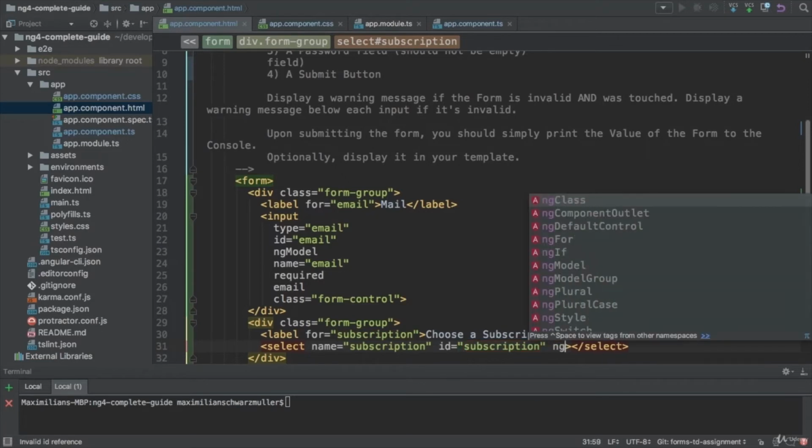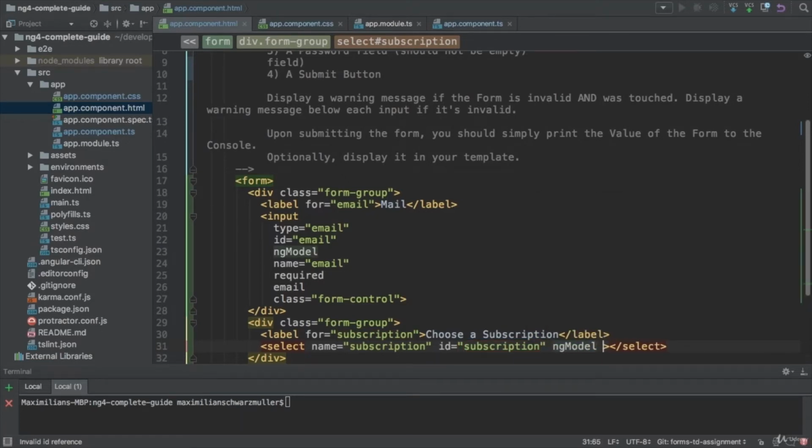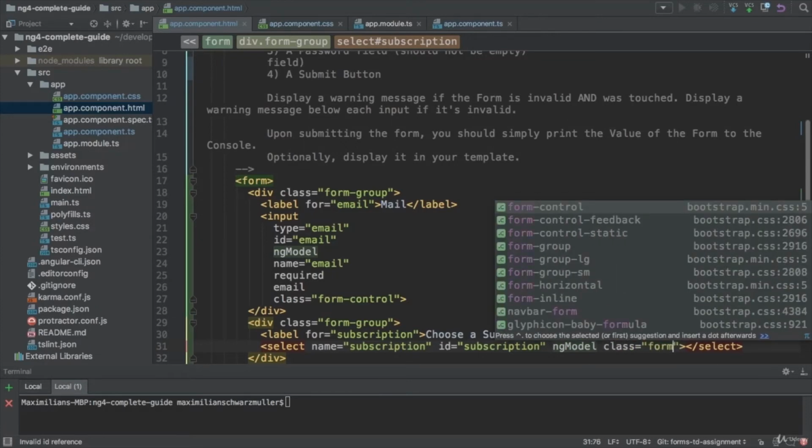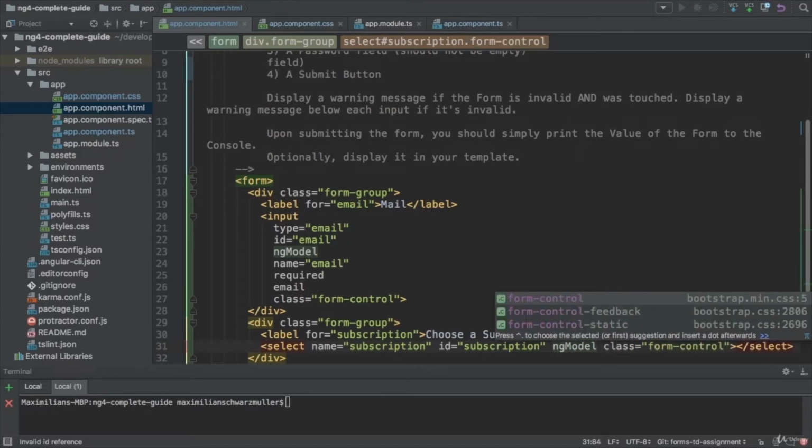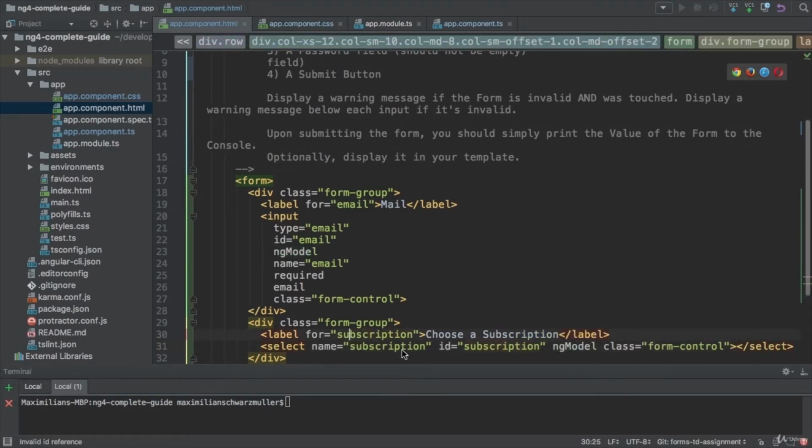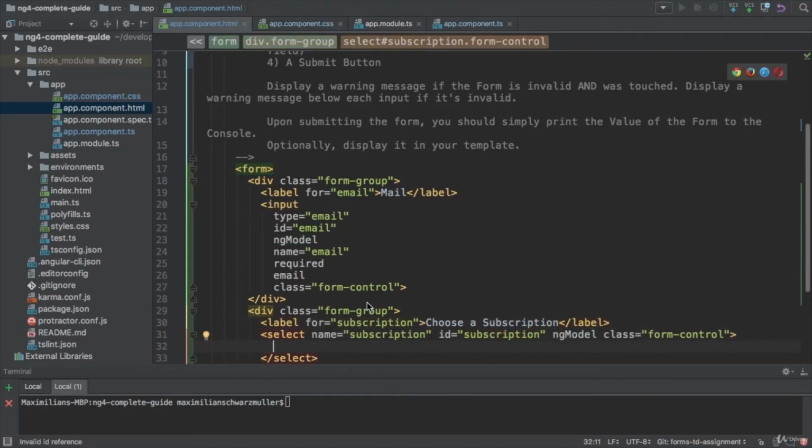And I will also add ngModel here. And we already have the name, so no need to add this again, but we need to add a class, form-control. We don't need to add it, but again, I want to have this look all right. With this, the select is configured. Now we need to add the options. And we could hard code the options in here, but just to show an alternative, and this is purely optional, I'll go into